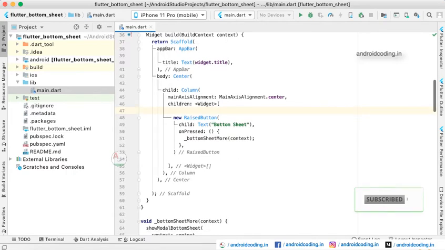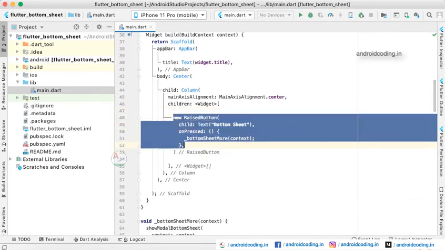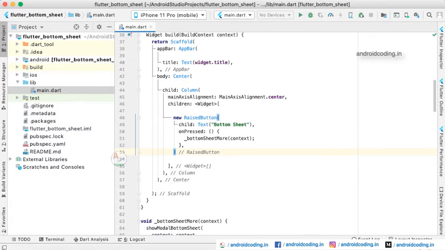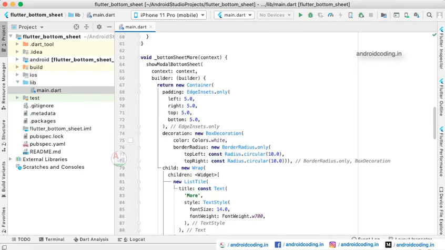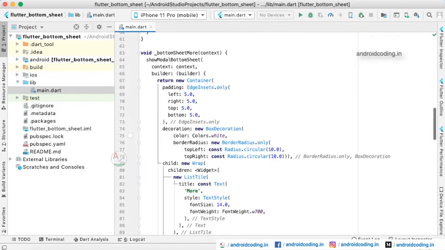So here we have considered a raised button, and on press we make this functionality work. So now let us see the bottom sheet. Here we have specified a bottom sheet. You can see the showModalBottomSheet, inside which we have passed the context.